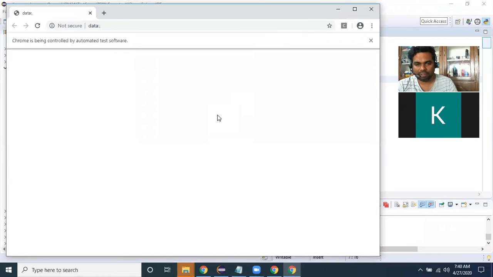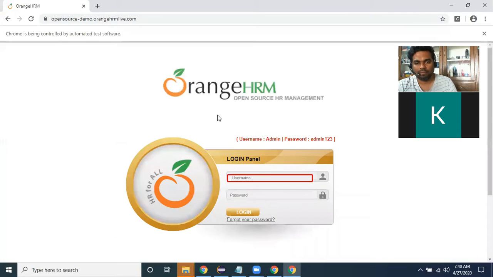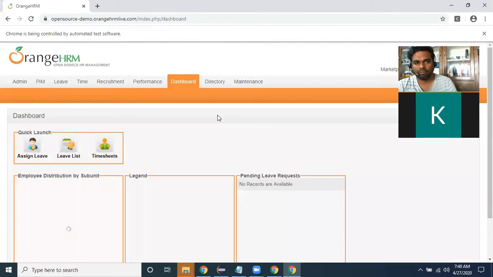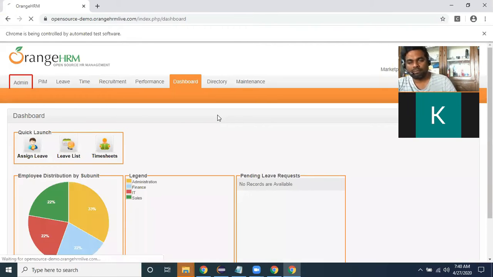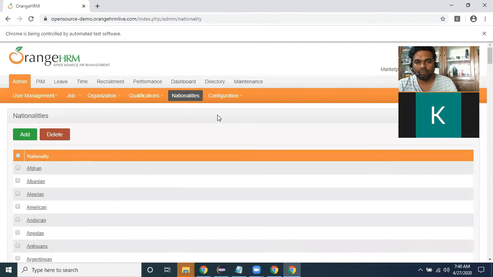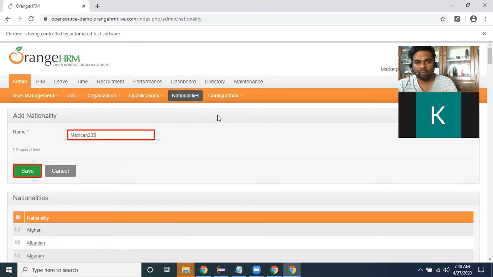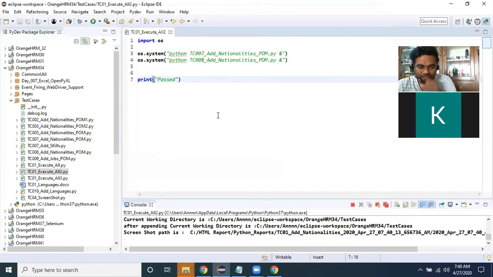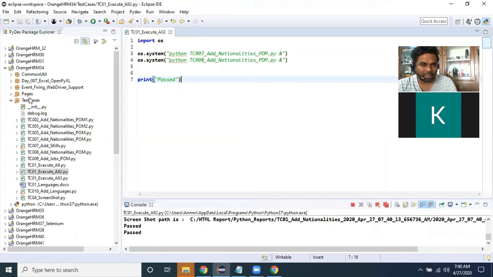Second test case execution started. So like this, my two test cases are executed successfully.